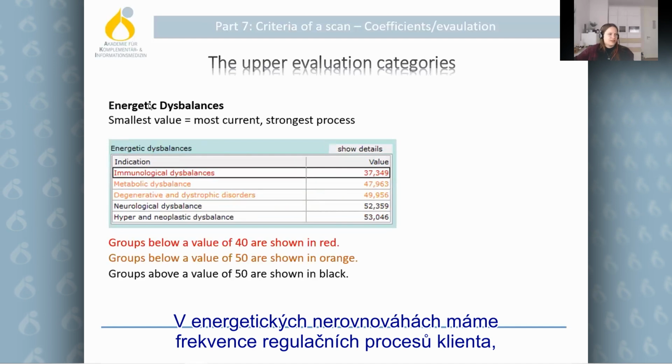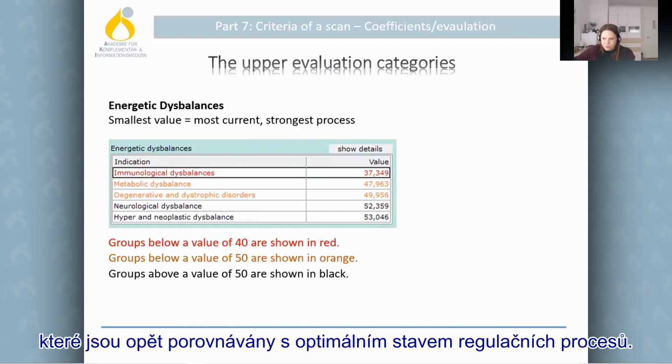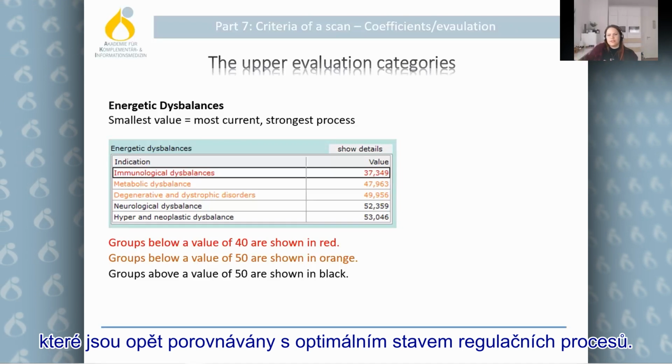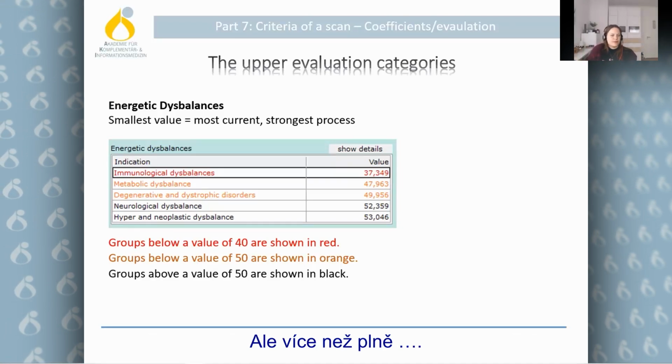So in the energetic disbalances, you have the frequencies of the patient's regulatory processes, which are compared with the optimal state of this regulatory process, but more the fully